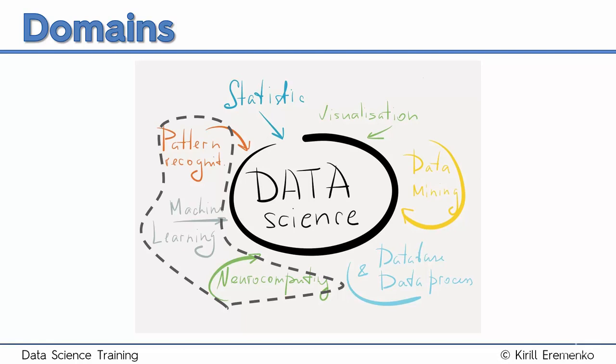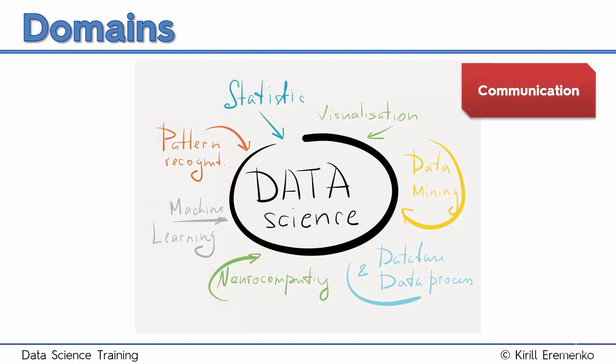Now, we've discussed everything on this picture, but I think that even that is not enough. There are a few things that I would add. Number one, communication. A data scientist has to interact with people on a daily basis. Not all insights are in the data. Some things you can only learn from people who are working with that data. And I will show you some vivid examples of this further down in the course.